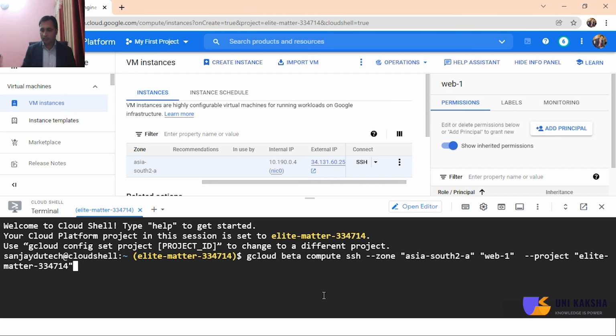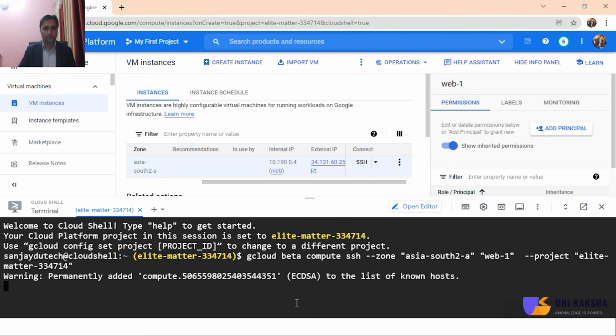Perfect. Now you can see this is the name of your machine. So press enter. Okay, perfect. Now you can see, if I hit sudo su -, I am able to log in